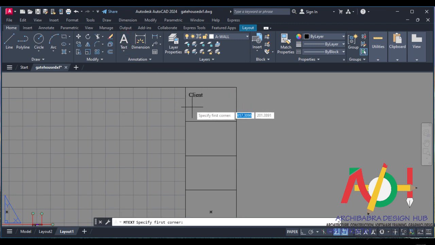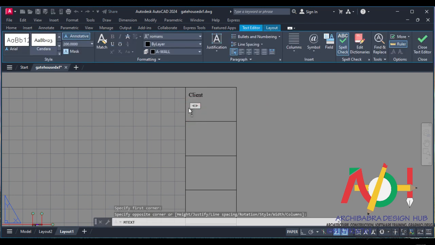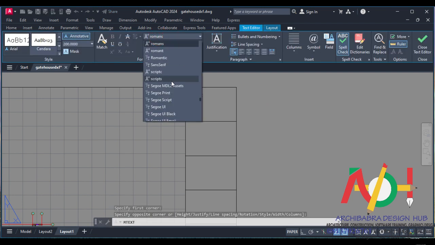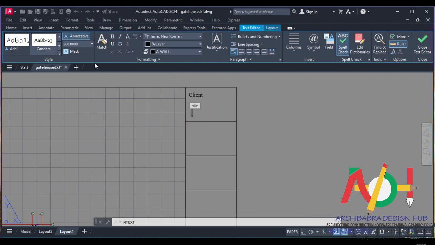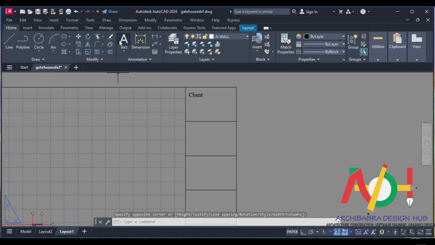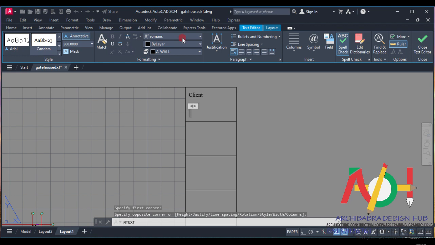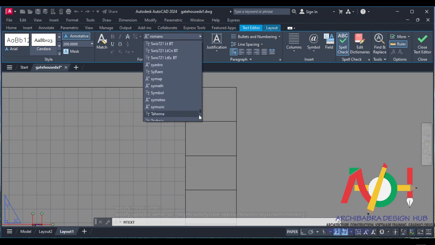I want to do the same thing again. Double click here, and then I want to change the text. Then I'll go to this side. Now let's see what we have with 200. Let me see what I'm going to get with 200. Sorry, let me do it again. I'll pick text, click inside here. Now change this to Times New Roman. Scroll down